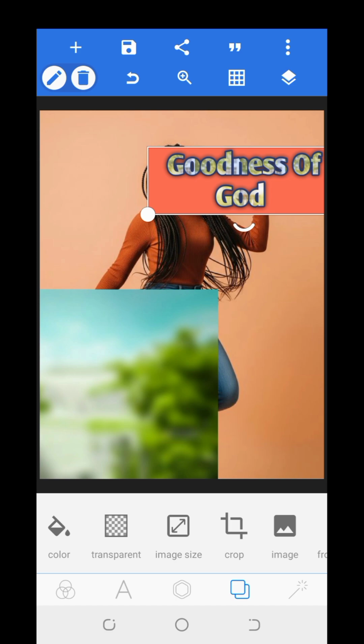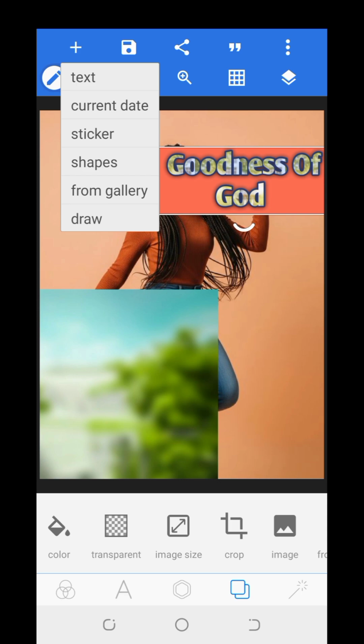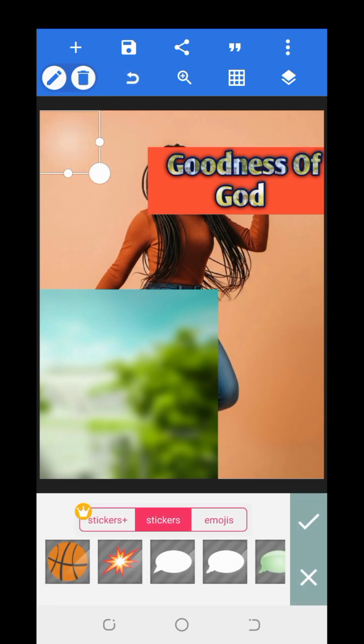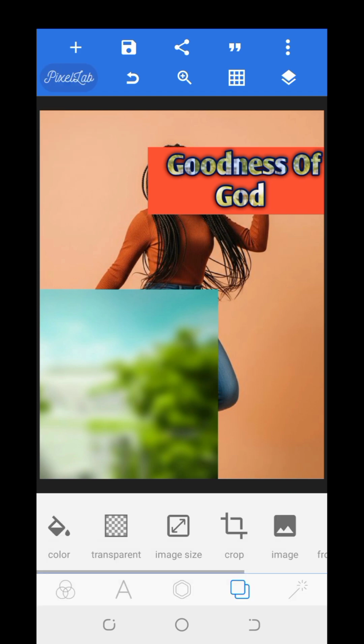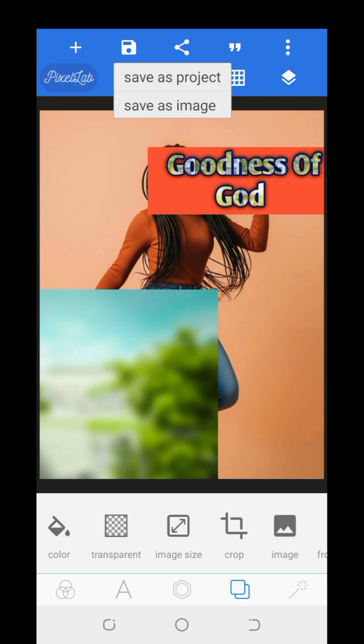This is the text icon. This is the date. This is the text icon. So this is the text, the current date, stickers. We have talked about those ones as well. So this one that look like camera. Here you have